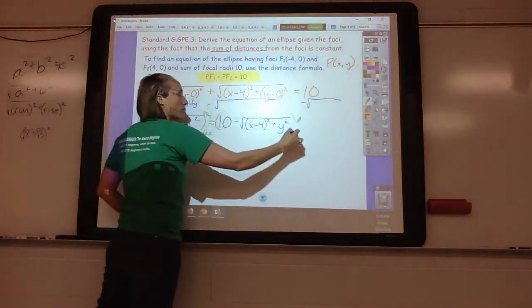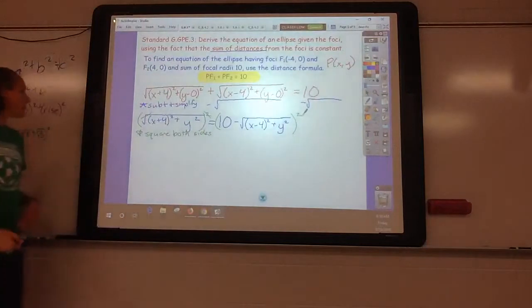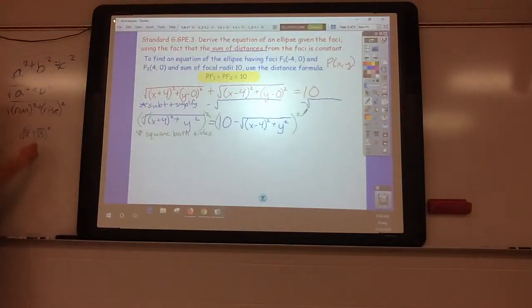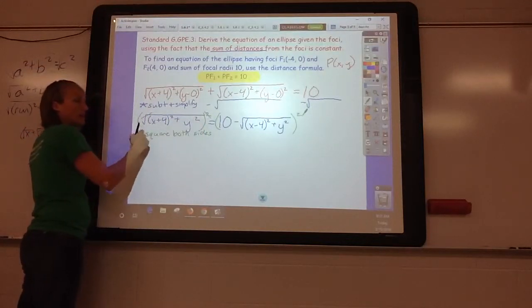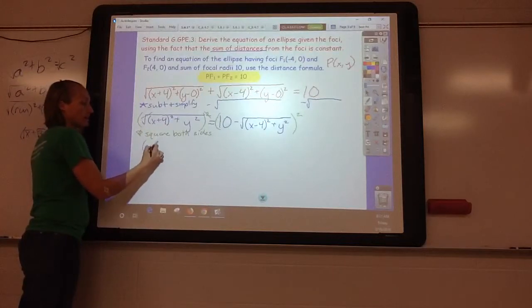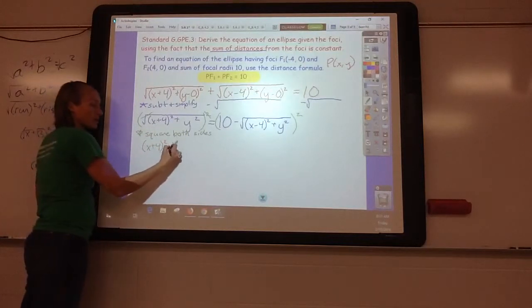If I square this side over here, okay, remember when we did x plus 3 quantity squared, we can't just simply distribute the square. We have to do x plus 3 times x plus 3. Okay, so this is the main place where people will make mistakes. So let's see if we can not do that. Okay, follow me along. This side right here, I'm just writing everything without the square root. So I'm getting x plus 4 quantity squared plus y squared